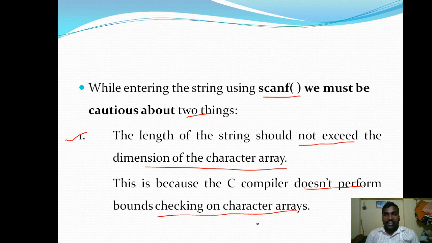Such error messages are displayed in case of Java, but C doesn't perform any bound checking on character arrays. So it is our responsibility to check that the length of the string does not exceed the dimensions of the character array.